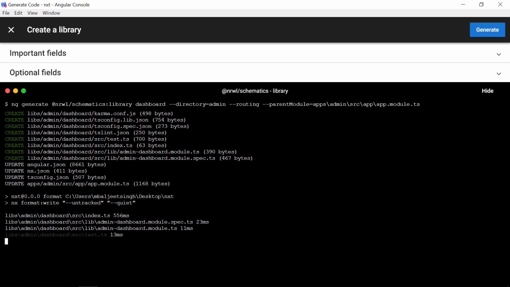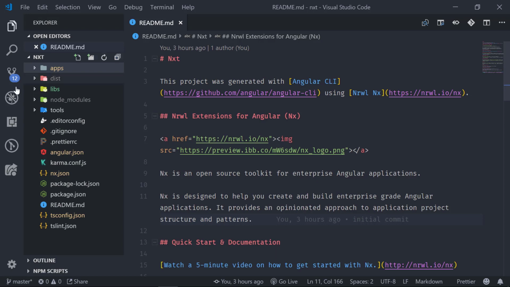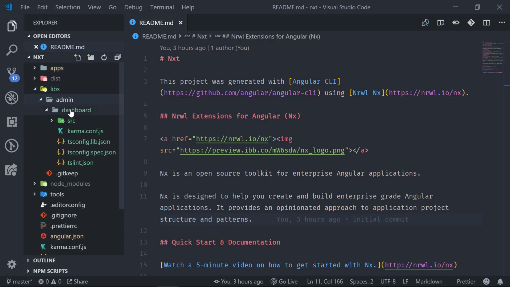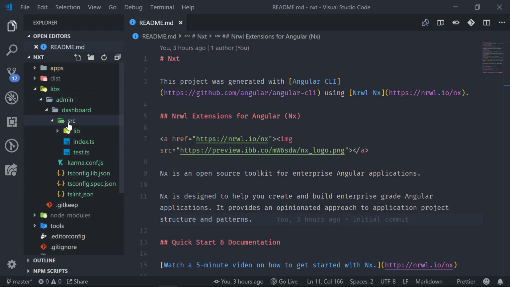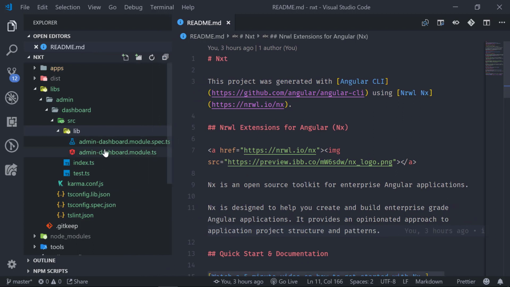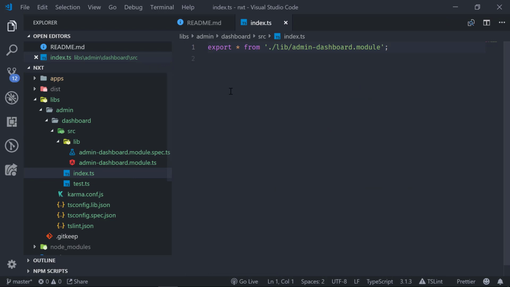After it is finished, we can head over to our editor, and now if we open our libs directory, and under admin we have that dashboard library. So here we can also see this is very similar to our apps directory, and the one thing that has changed here is that under the source directory we have that libs directory, and here we can add our modules and components, and also we have this index.ts, which is also called a barrel, where we can export our modules